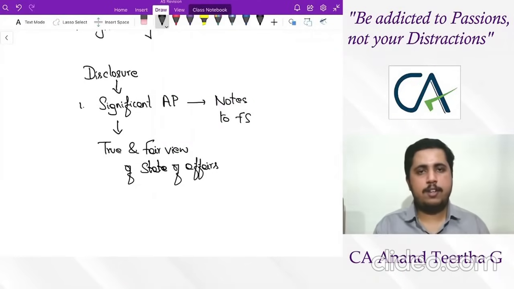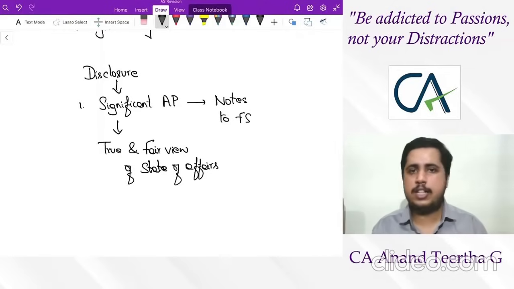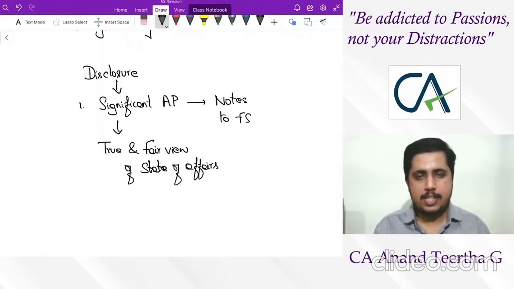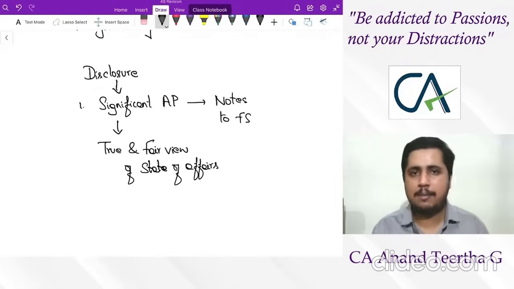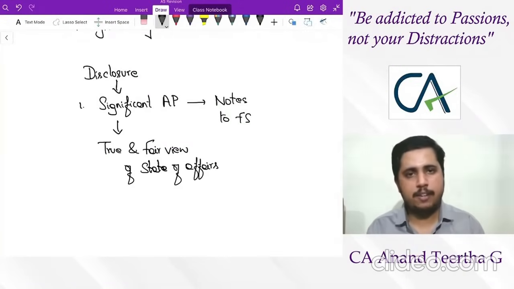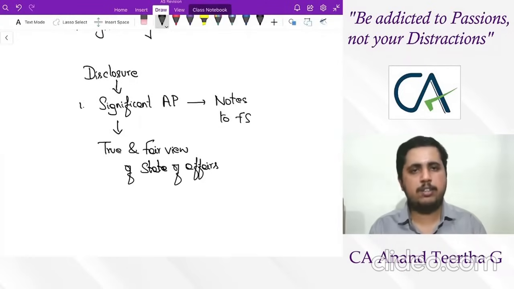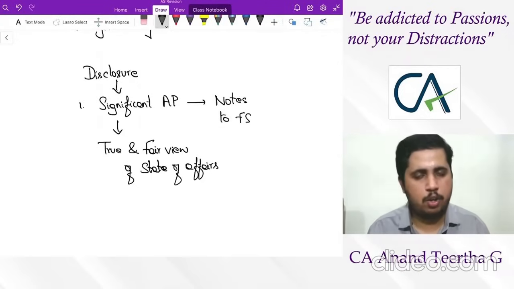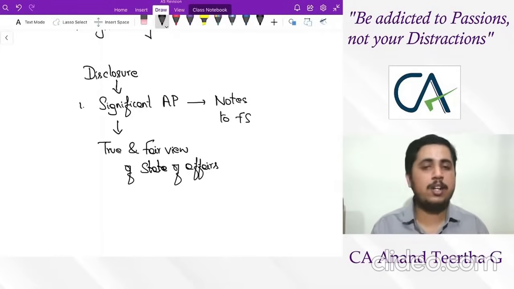So, whatever accounting policies they have, it should provide a true and fair view of the state of affairs of the concern. Basically, it tells us that whatever policies you adopt should provide a proper understanding of the business for any user. That will be the true and fair view. Even when an auditor gives any sort of report, they will check whether these books of accounts, financial statements, etc., show a true and fair view or not. So this is about that disclosure requirement.